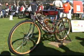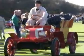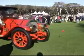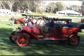The Thomas Flyer Company started out making bicycles, then motorcycles like this one. From there, single-cylinder, rear-entry tonneau runabouts like this beautiful red and brass car. But you know, as we looked at these cars, said to be the largest collection of Thomas Flyers since the